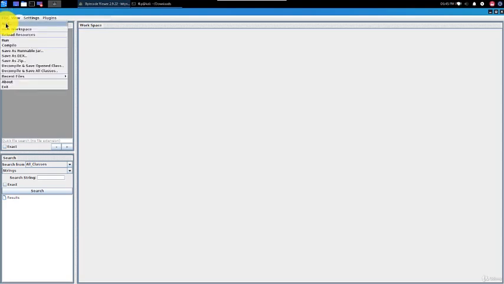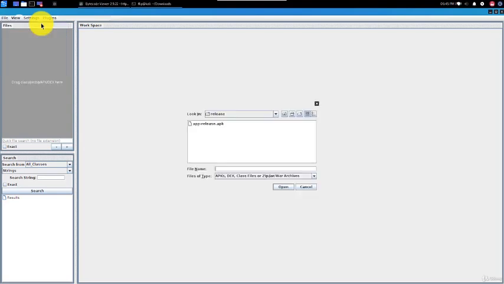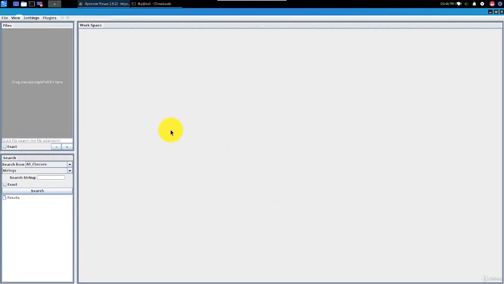Now let's open the user interface of Bytecode Viewer. What we want to do here is add our APK. So home, Cortex, and here we have the APK. So when you import the APK, Bytecode Viewer, which is an excellent tool, is going to decompile the app and provide you with the decompiled source as well as the bytecode and Smali.